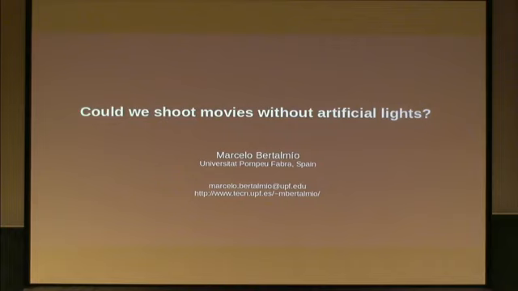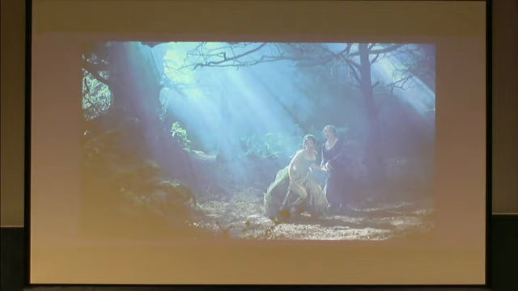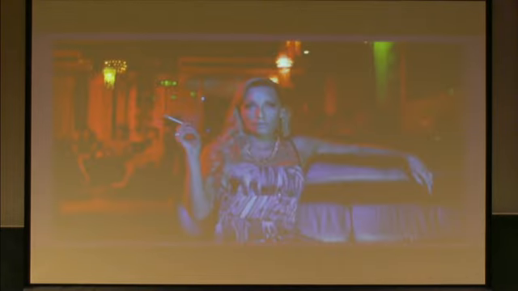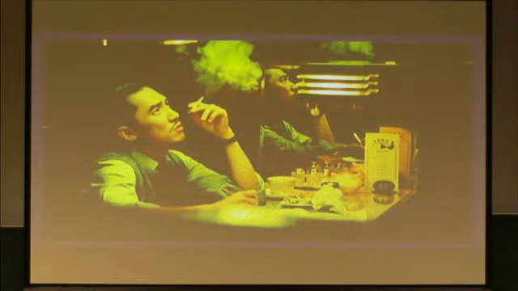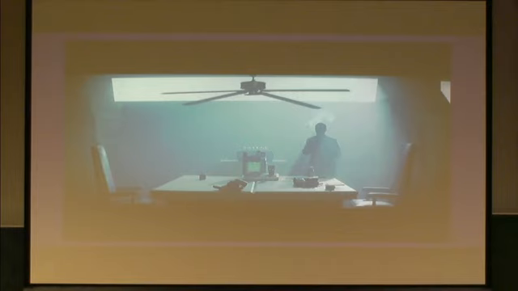Lighting, cinematography, is an essential part of making movies. Photographers usually paint with lights. They use artificial lights to create a certain mood, an atmosphere. So you do want artificial lights to create this kind of scene, or this kind of scene, or this kind of scene, or this one, which I chose because it's the Turing test in Blade Runner. You do not want to get rid of artificial light in this kind of situation.